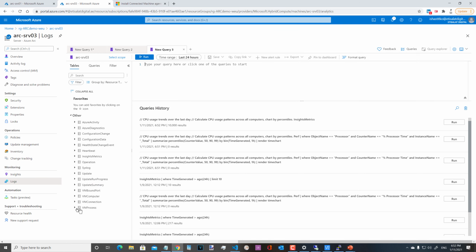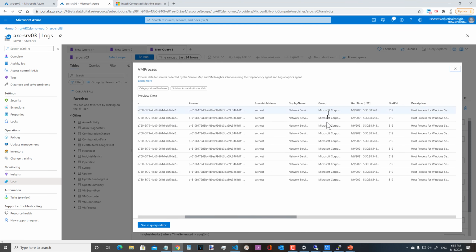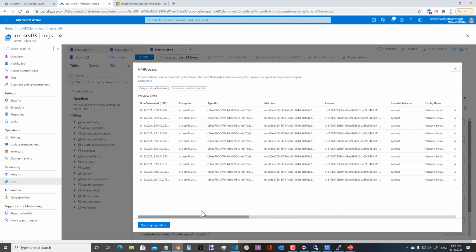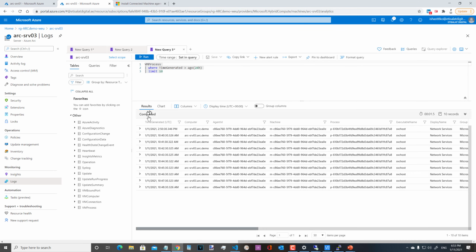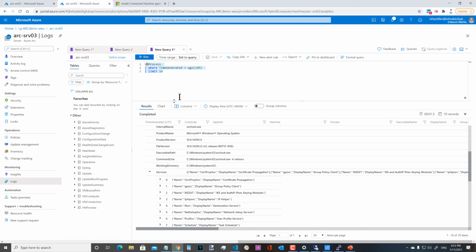For example, you want to analyze all virtual machine processes. Okay, let's start with virtual machine processes, and you will find here all the processes, when each was started, etc., like a sample table. After that, you will be able to analyze, review, and use the Kusto language here to